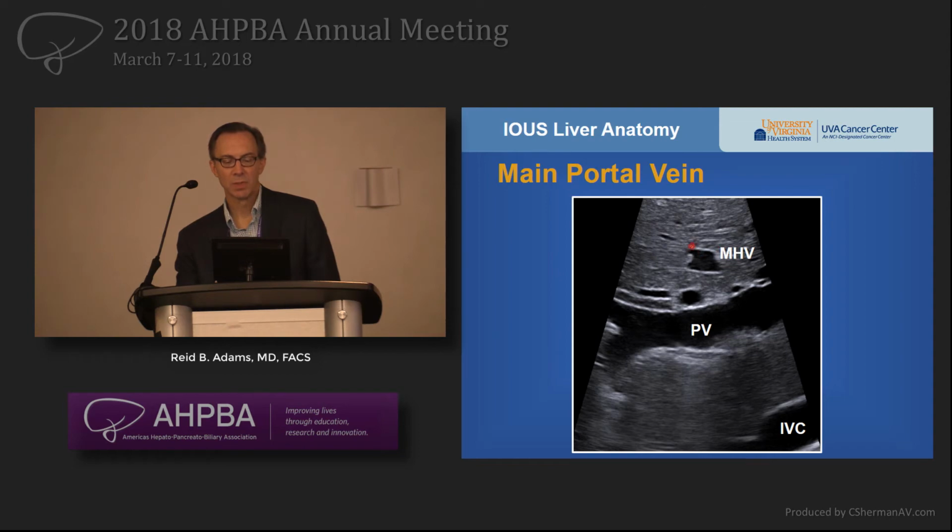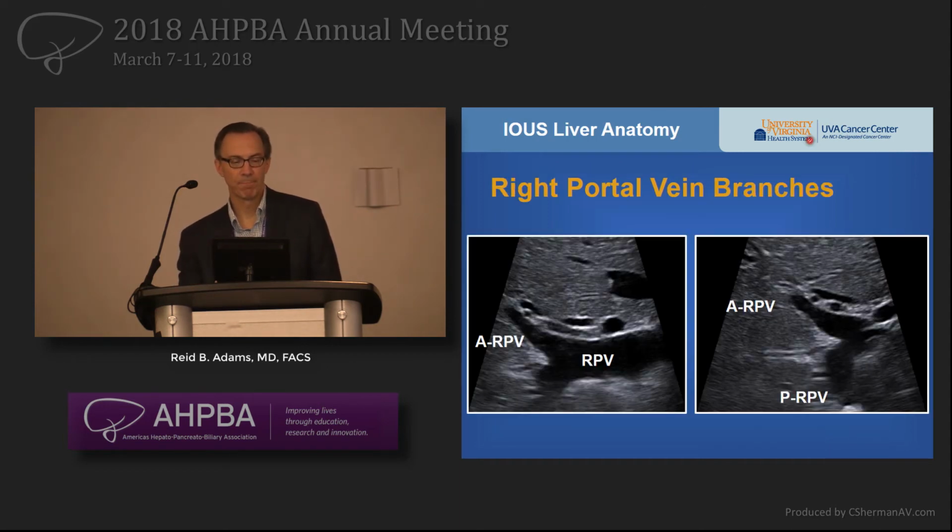And then this is a typical configuration where the middle hepatic vein sits right over the central porta. So again, if you get this image, you have a pretty good idea of where you are. You can see the right and the left hemilivers, and it's a good way to start the portal vein portion